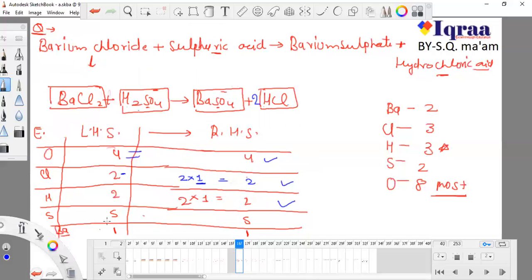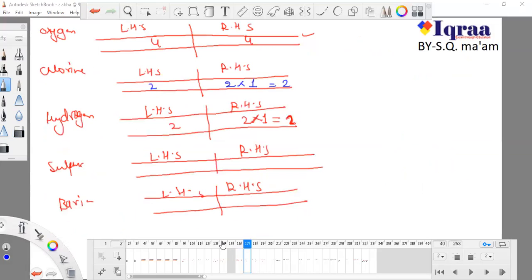Now what about sulfur? Sulfur is 1. Sometimes I write, this is my very common mistake and I do this frequently, that instead of writing the number, I write the symbols. So sulfur is 1, and the sulfur is 1. That is clear. I don't need to do anything. I don't need to multiply anything. Here I multiplied, and here there is nothing to do. Okay, 1. It is clear.